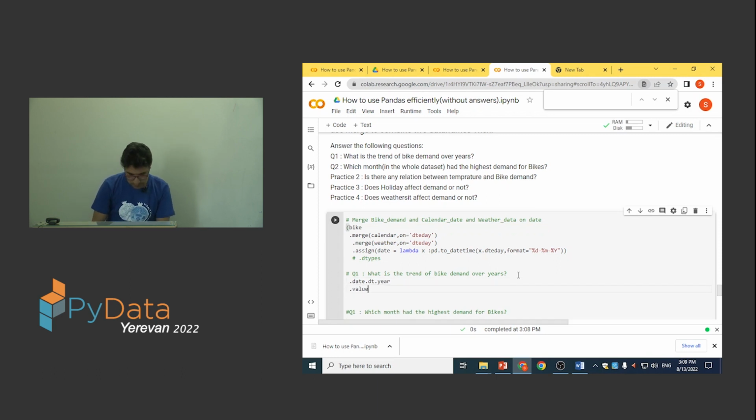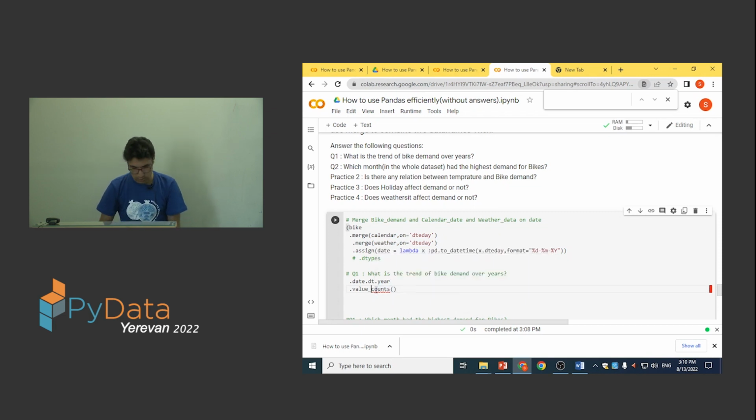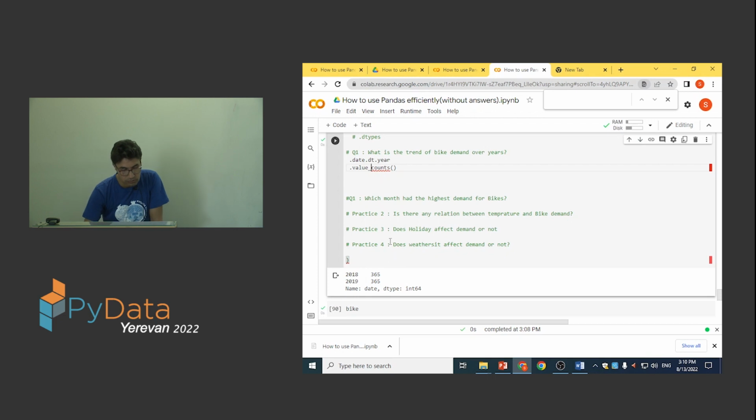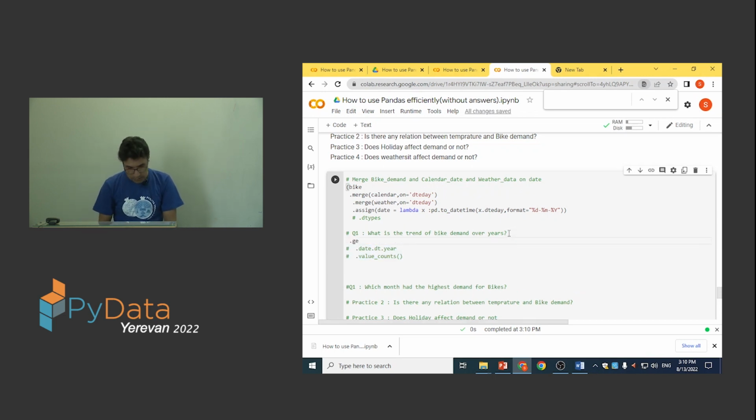And just value counts. No, sorry. What is the trend of the demand? So basically, let's answer this one, but the answer is not exactly this one, just the value counts. Okay, there is a typo also here. So it should contain 2 years for every day. It's here, but this is not the exact answer for this one. For each year we need